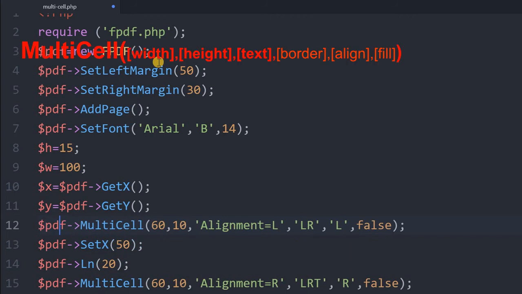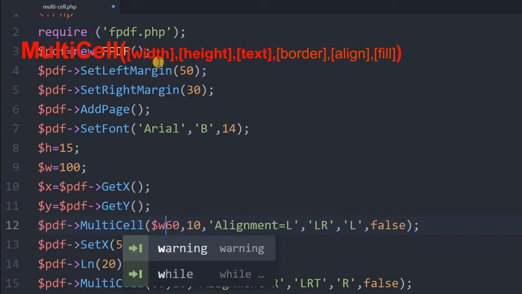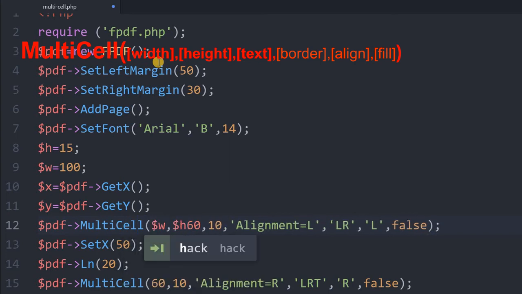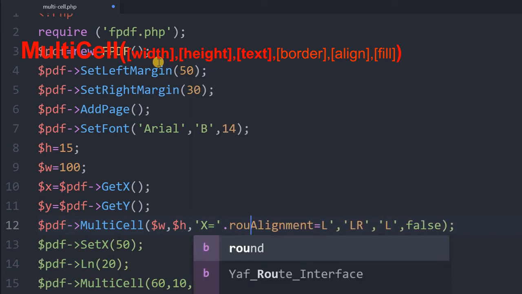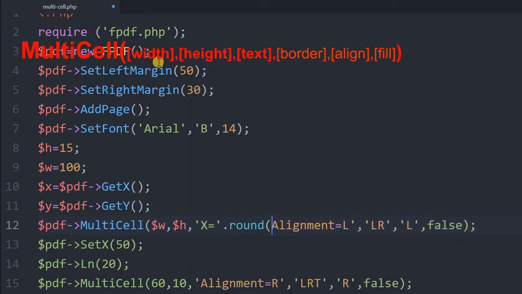PDF multi-cell, here instead of 60 and W we'll use first width, then height. Now inside this we'll print the values. X equal to, we'll close it, dot, now we'll say round x, because it may get some decimal in that, so we are rounding it off.